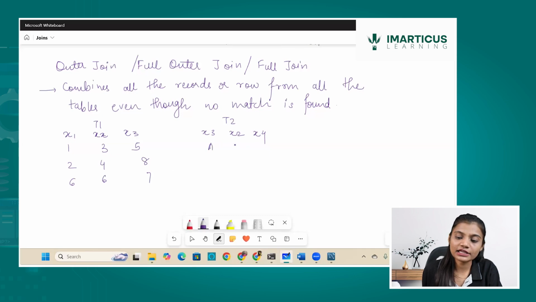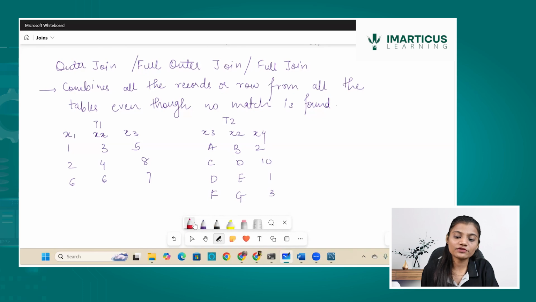Table 2 has A, B, 2, C, D, 10, E, D, E, 1, F, G, 3. So this is the data which is there.